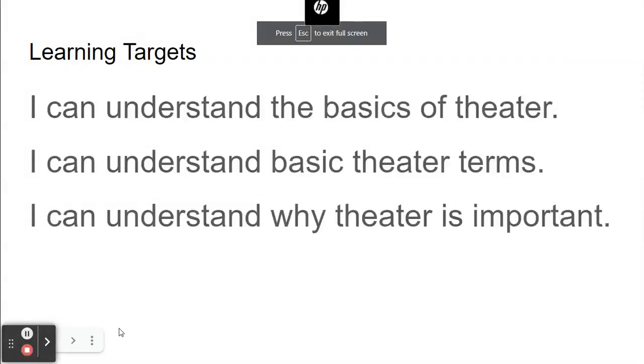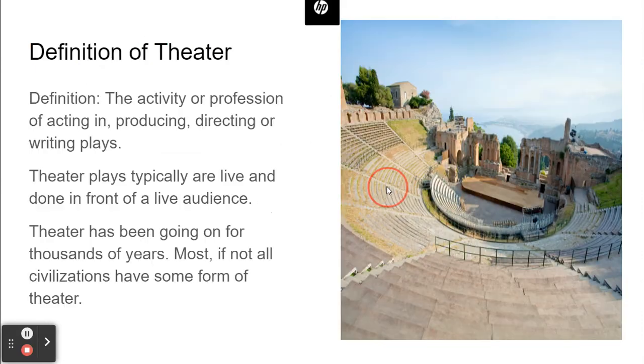This video is going to be about theater. When I mean theater, I mean like art and plays, stuff like that. So, learning targets are: I can understand the basics of theater, I can understand basic theater terms, I can understand why theater is important. So, the definition is the activity or profession of acting in, producing, directing, or writing